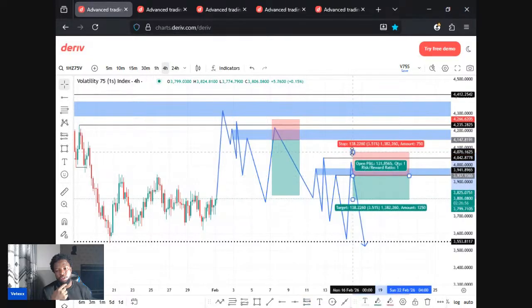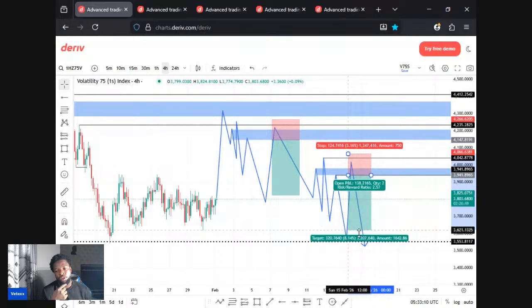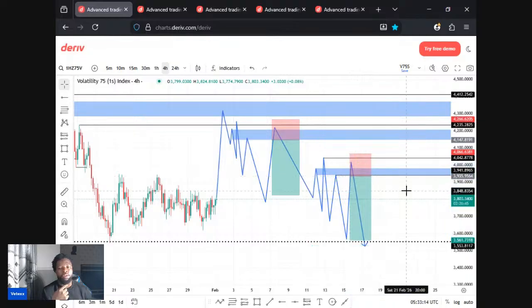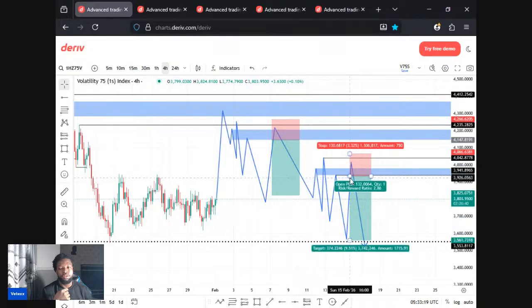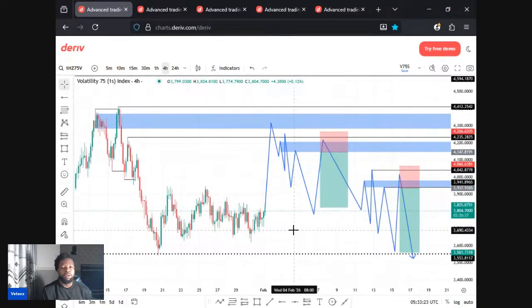Once you see structure on the 24-hour time frame, you go to the 4 hour time frame, 1 hour time frame, and spot the continuation. Then from that time frame, you go to the 30 minutes or 15 minutes and spot more sales. Okay, that is when you can start executing on those sales. Look out for a confirmation and then start taking sales until the target is taken out. So this is what we're anticipating